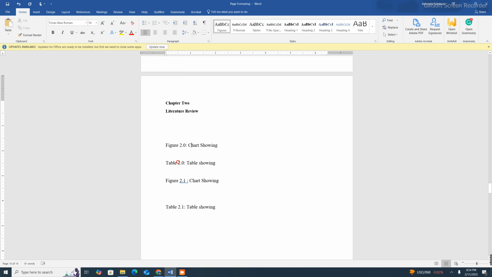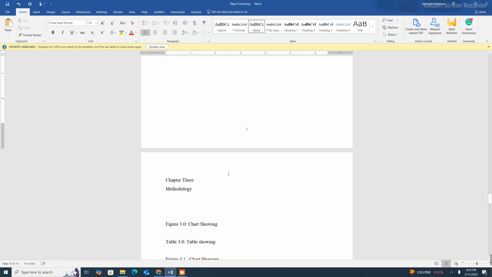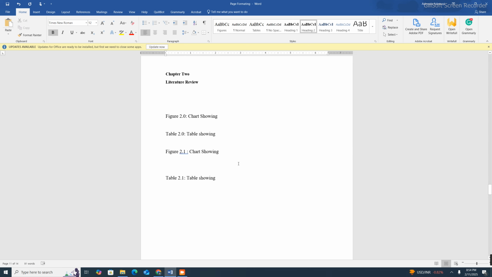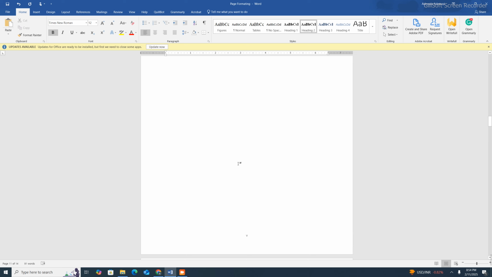This is a figure. We'll click on figure. This is a table, we click on table. So you repeat that process for everything. This is the kind of header 1, you click on header 1. The kind of header 2, you click on header 2. Once you have done that for all the pages, now you will scroll to the place you want to